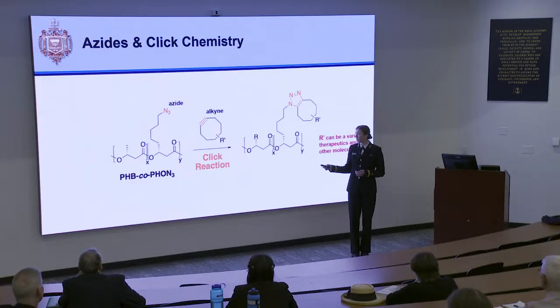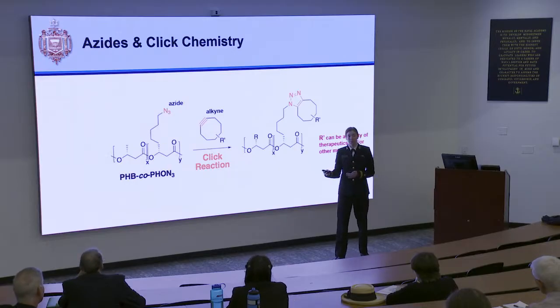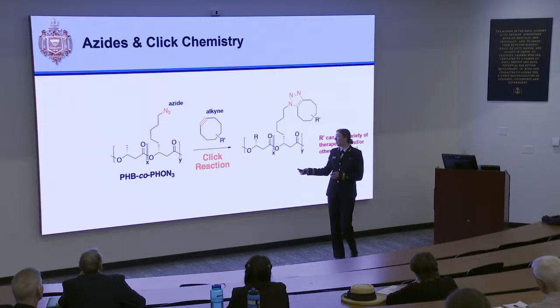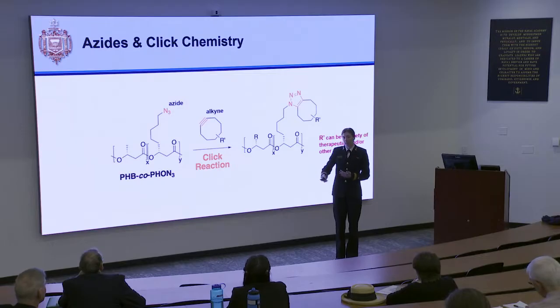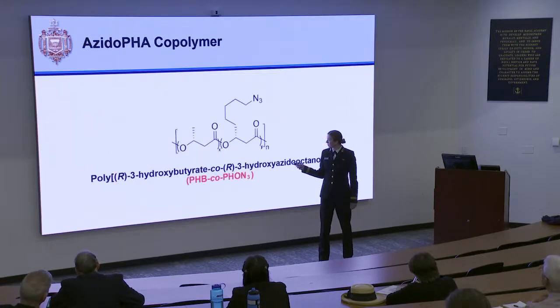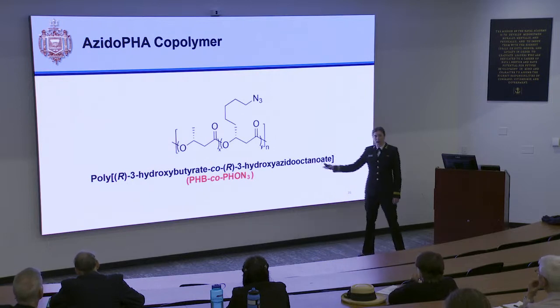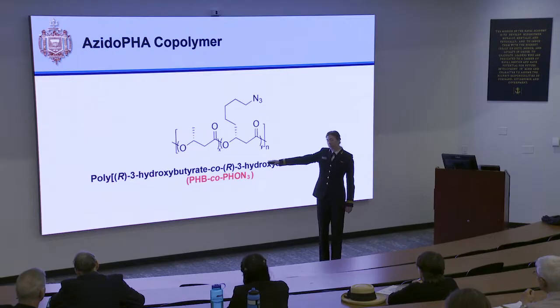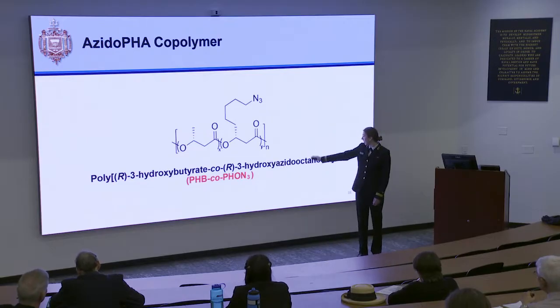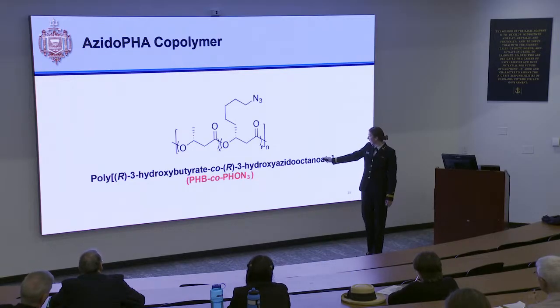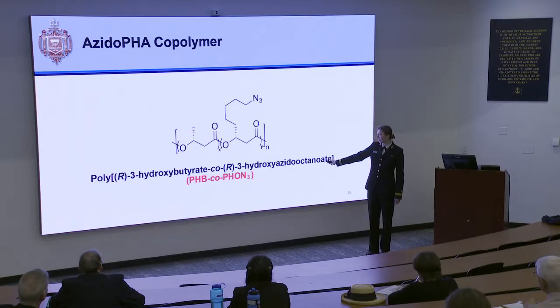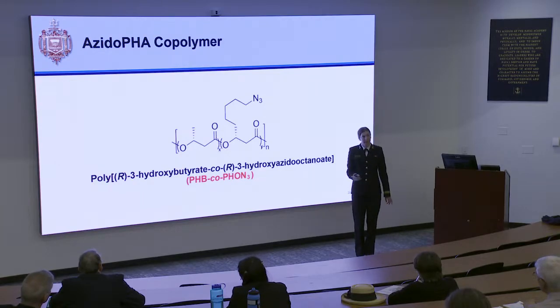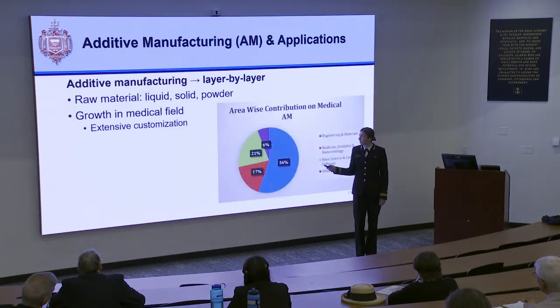in the final product. So if you're looking to make it more brittle, it could be a shorter chain length, or if you're looking to make it more viscous, it could be adding a different functional group such as a hydrogel. And then this is the product that we intend to make. We have our short chain length, which is the butyrate, 4 carbons, then azido is the azide, and then octanoate is our 8 carbon chain length. For short, I call it PHBO N3.